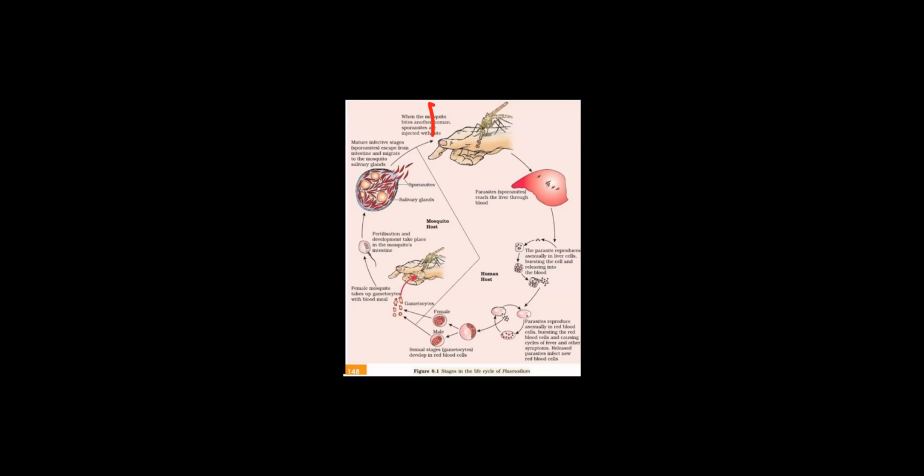While they transmit this pathogen into the body, how do they transmit? They penetrate the skin through their pointed mouth part, and release some saliva before they start sucking the blood. This saliva has certain chemicals which will prevent the blood clotting. So in that process, they discharge some saliva, and that saliva actually carries this sporozoite stage of the pathogen.